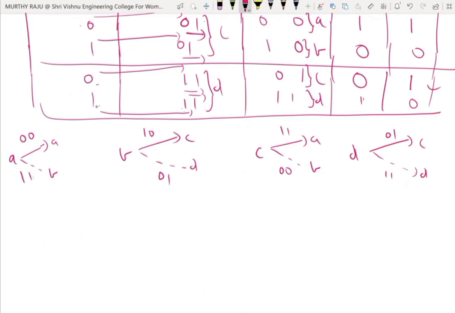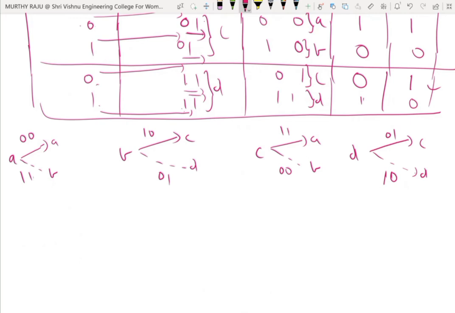Coming to this one, 1 XOR with 1 is 0, 0 XOR with 1, and 1 XOR with 1 is 0. This means 1, 0. These are the signal flow graphs, which are very useful to